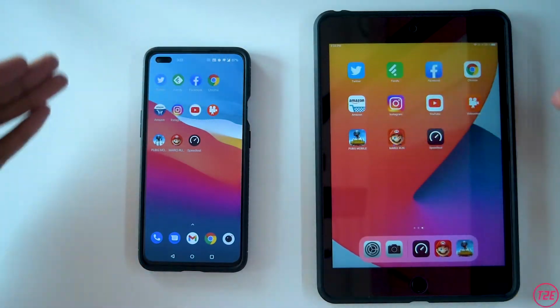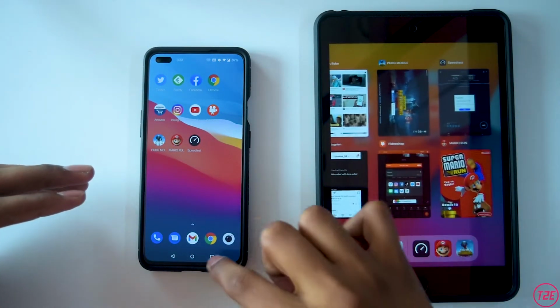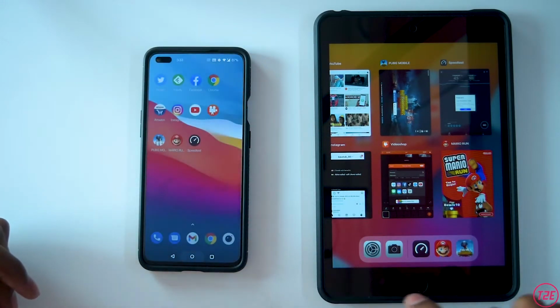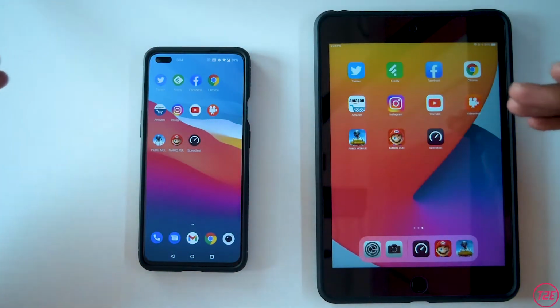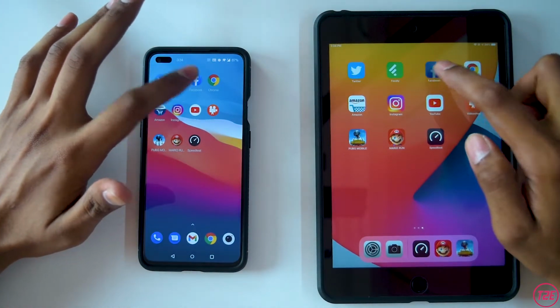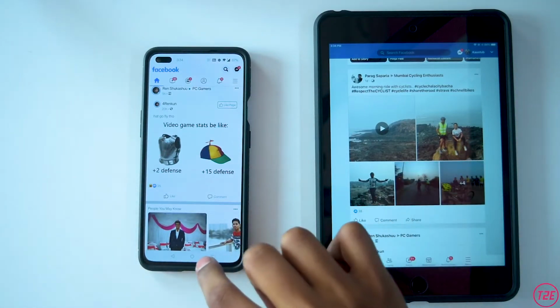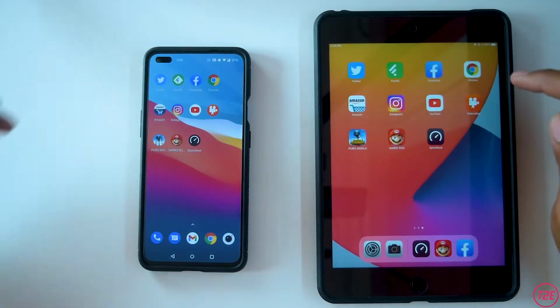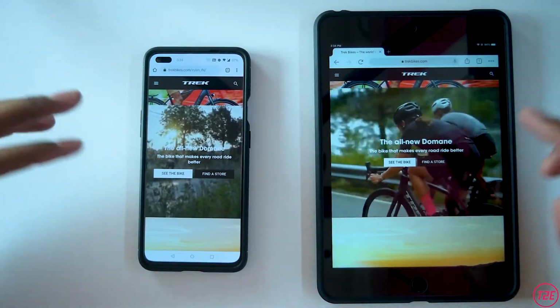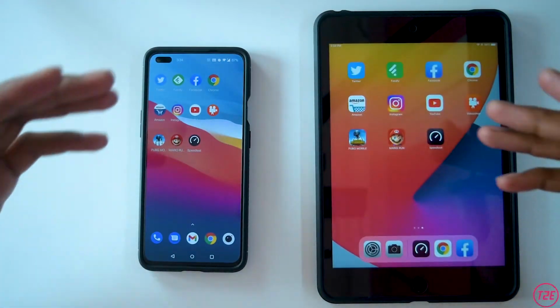And now that we have loaded all the apps and all of them are here running in the memory, guys, you can see all of the apps are running in memory. We will just quickly randomly open any app to see whether it is still in memory or not. Firstly, starting with the Facebook app. Okay, both of them had that app in the memory. Next app is Google Chrome. So the website didn't reload, so that's a nice thing. That means it was in memory.